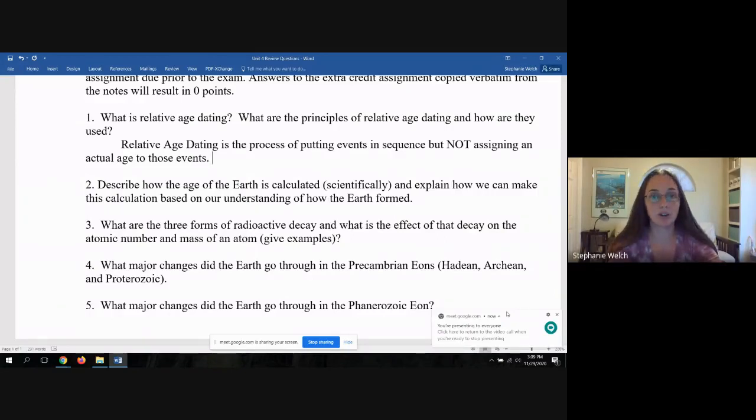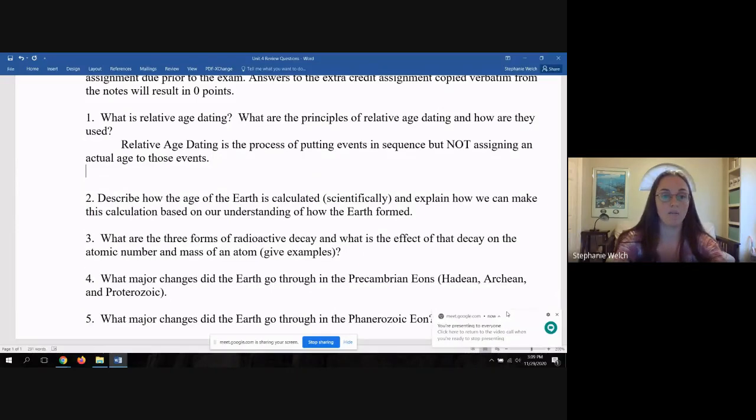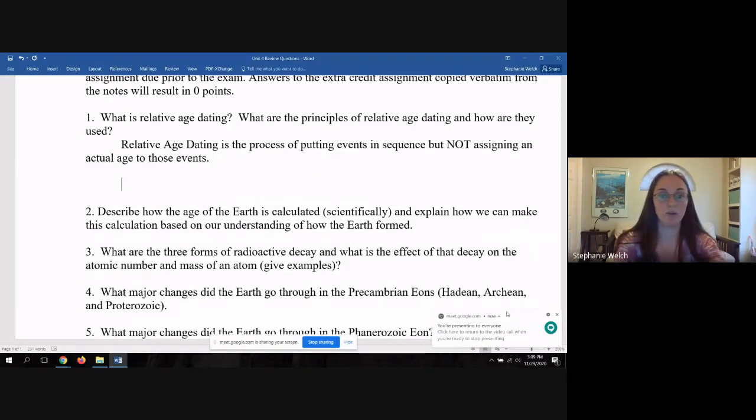I'm sure somebody's going to ask, but what about uniformitarianism? Or what about original horizontality or something? Don't stress it. I'm just going to cover the most important ones so that we can get those concepts down. The rest of those are mainly rules that make the most important concepts work. So the first one I want to talk about, the most important in terms of actually doing relative age dating,